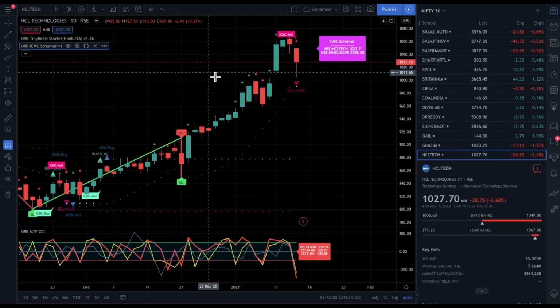Another good news is that this indicator will be given to all the free trial people. All of you who have applied for the free trial, you will get this as an upgrade by evening tonight, and you'll be able to use this during the free trial period and assess and send us feedback for this particular screener.